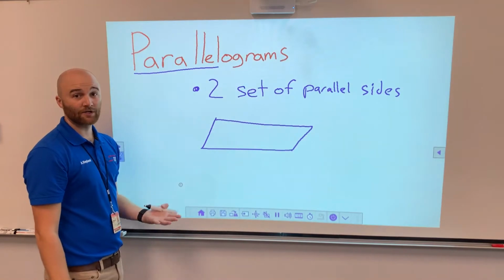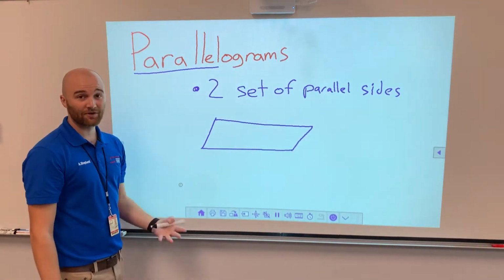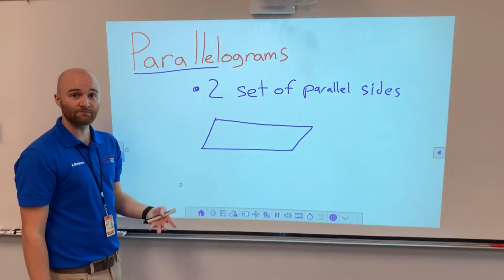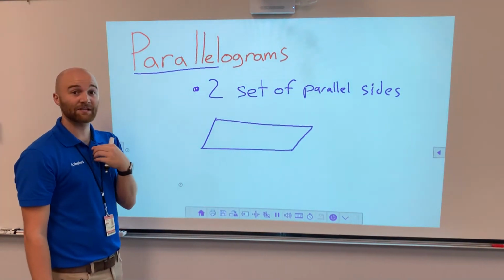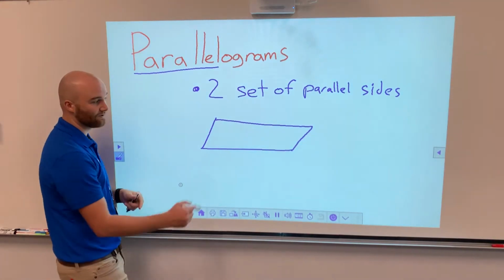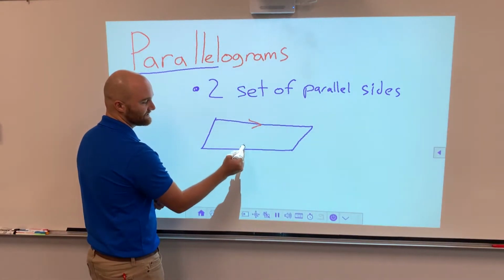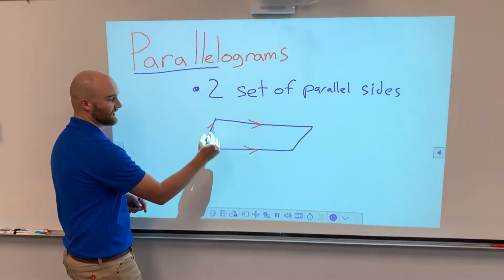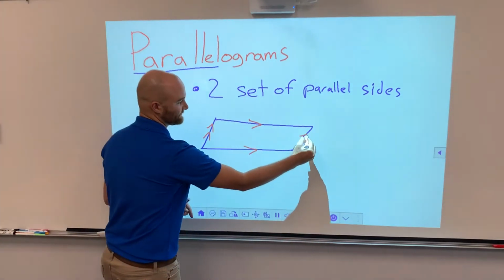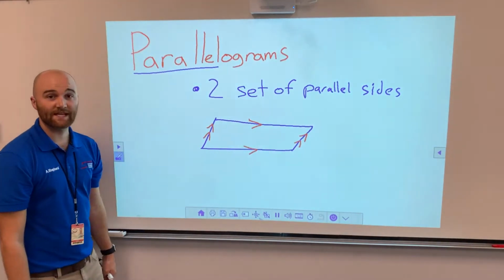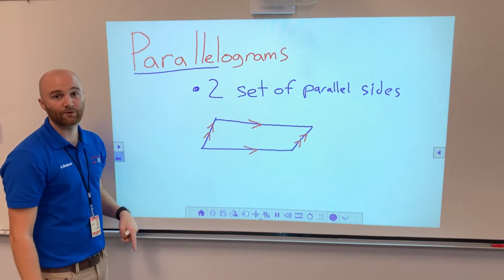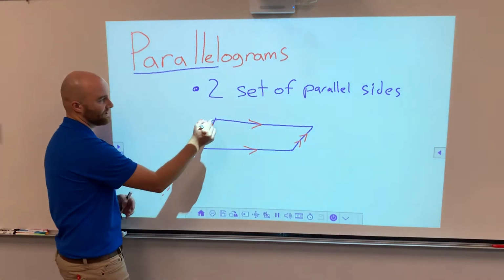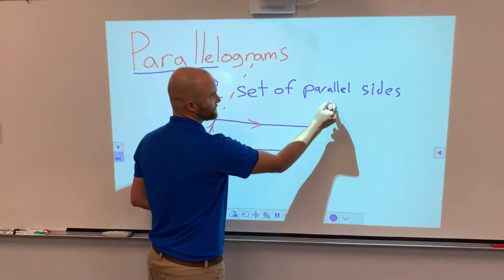And I'm not a very good artist, so when I draw it in there, I often mess up. We can tell that this is actually a curving line, but it shouldn't be. So the way that mathematicians, and especially I, will mark to show that sides are parallel is to say, these sides will never touch. Not only that, but these two sides will also never touch. We use these symbols, like an arrow, to say it goes on forever without touching. If I were to imagine drawing this one out, and I were to imagine drawing this one out,